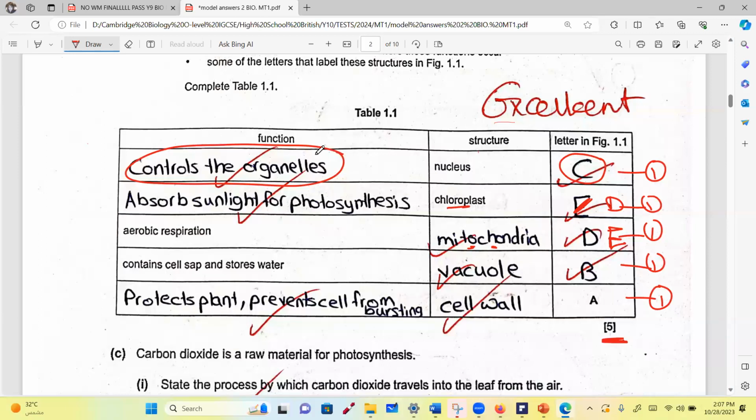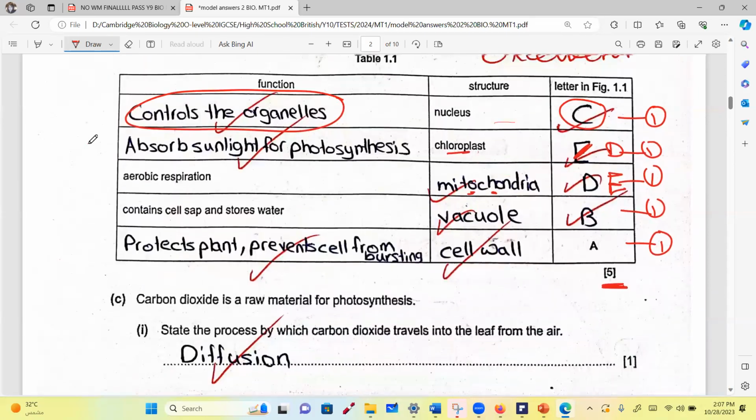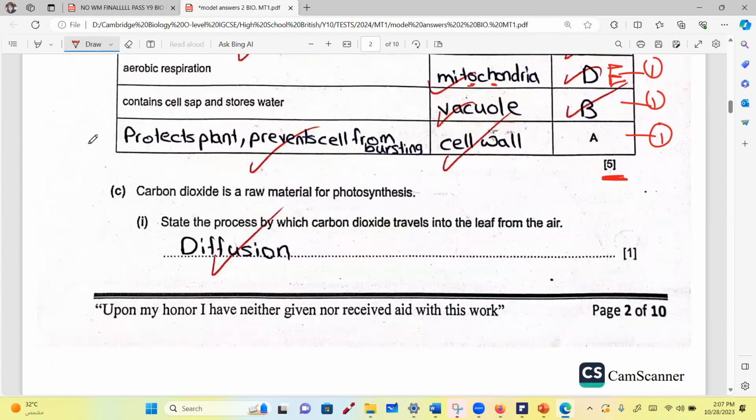Yes, Ganila. In the function of the chloroplast, I wrote that it provides chlorophyll that gives the leaf its green pigment, and I also wrote photosynthesis. Yes, correct. Yes, my dear. In the nucleus, I said that it stores DNA and chromosomes. Is that right or wrong? No, correct. Okay, you will see your exams tomorrow.